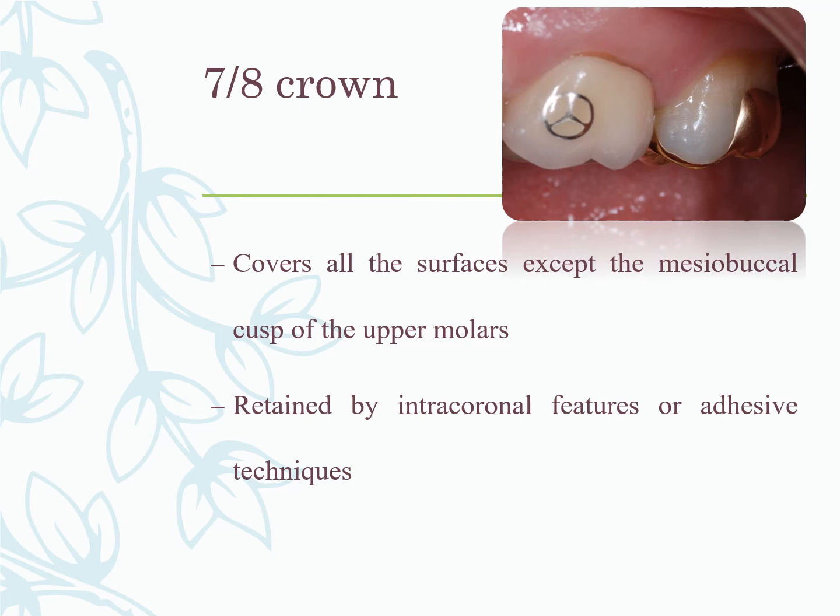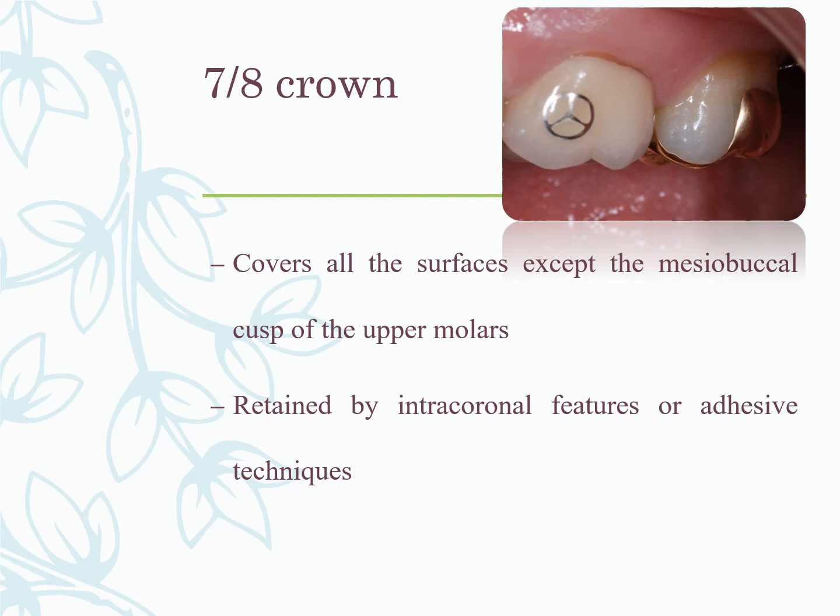It is left untouched, and the distal half of the crown is prepared. So from the mesial aspect, it suddenly looks like a three-quarter crown, and when you look at the distal aspect, you will see that there is coverage on the distal aspect. So the mesial half of the tooth remains intact, and the distal half is prepared